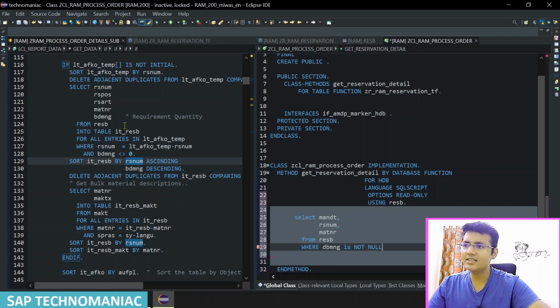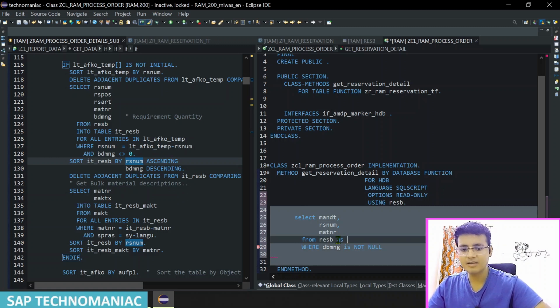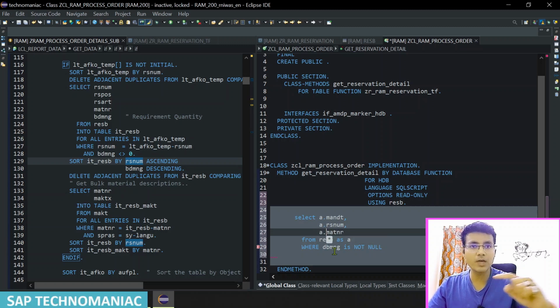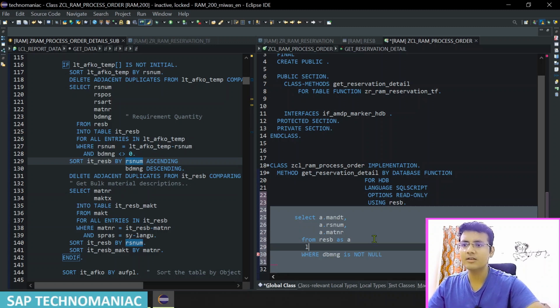And second condition, I have to get not only this one, I have to get the text also. So I can give this table name as A, and I can get the A dot. Here we have to use dot because we are using the SQL script, not the ABAP code. In ABAP code we use the tilde operator. And I have to do the left outer join